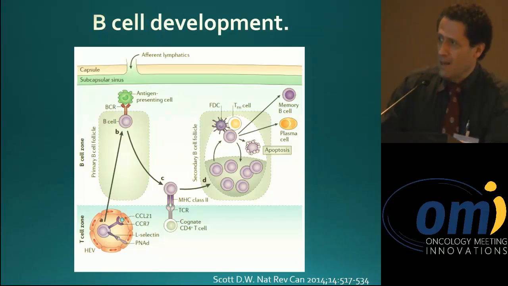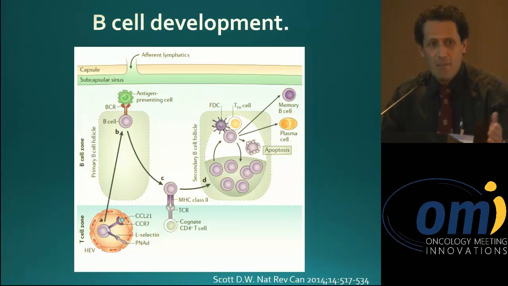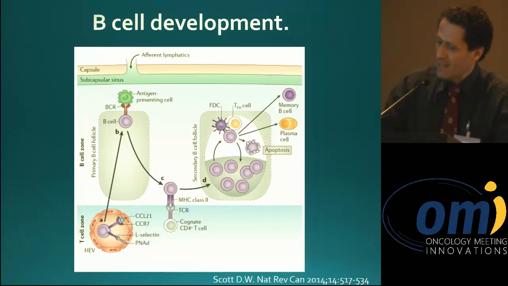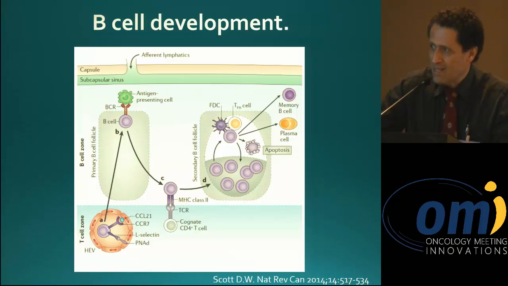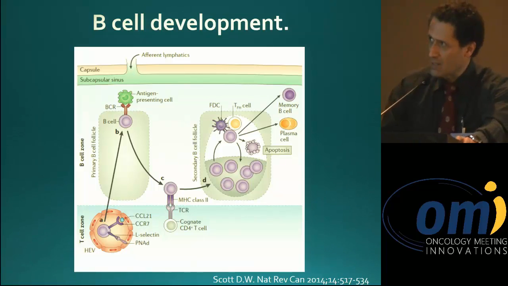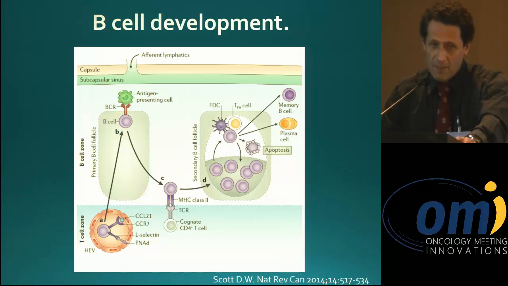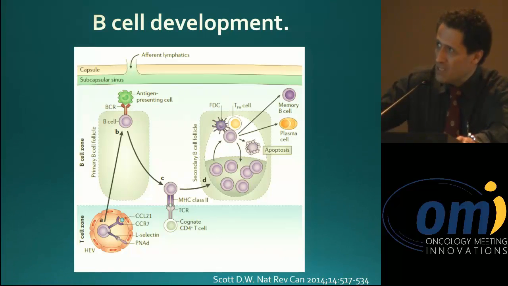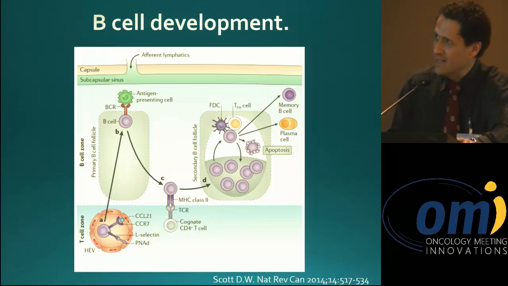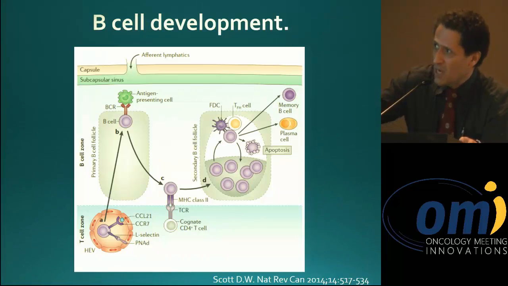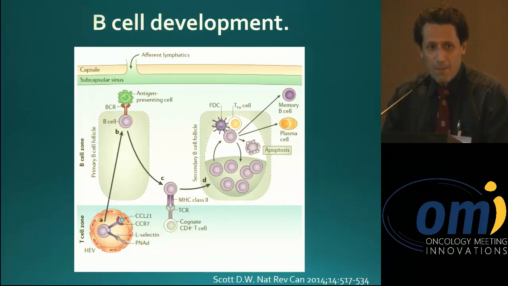Naive B cells coming from the bone marrow enter the primary B cell follicle using the high endothelial venule in the T cell zone. Once the B cell reaches the secondary lymphoid organs, such as lymph nodes or maybe spleen, we have three checkpoints in this region. The first checkpoint to enhance the BCR affinity